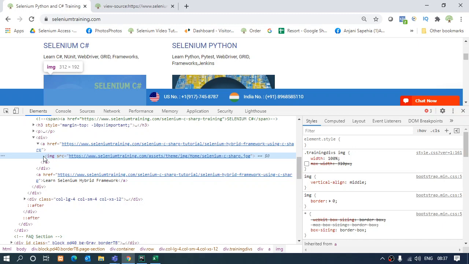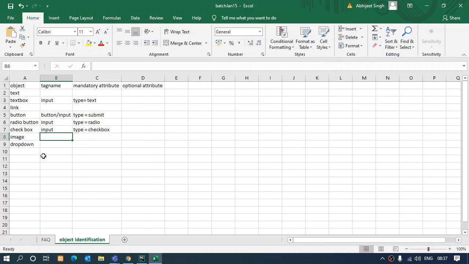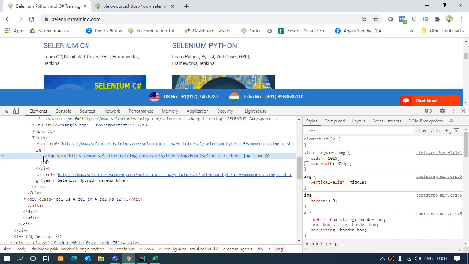Yes, it's not an input tag. What's the tag name? What's the color of the tag name that is available in the page source? The purplish one. Right. So for image, the tag name is img. That's different. img, and the mandatory attribute is src, source.